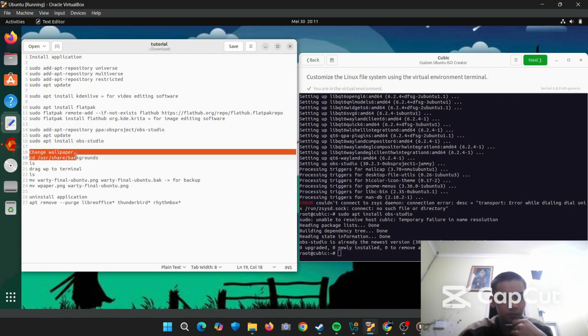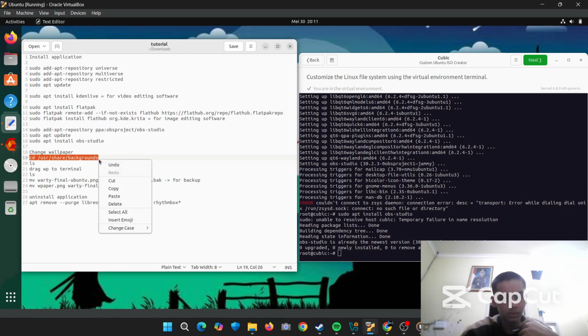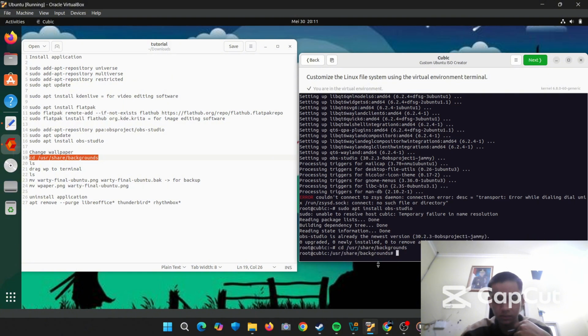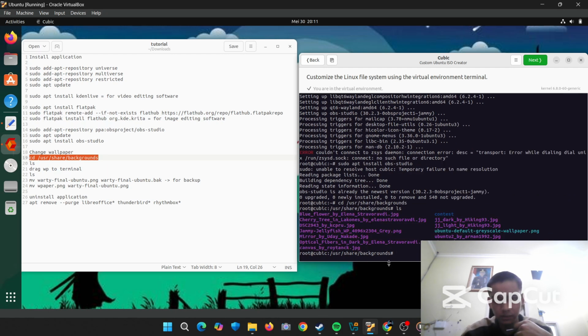For the next step, we want to change the wallpaper. We change the directory to this directory. This is the directory where the original wallpaper is stored. After that, we run ls to check that we are in the right directory.